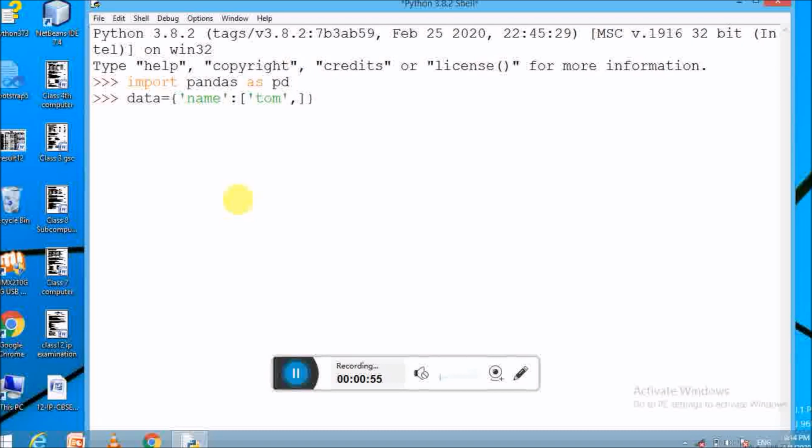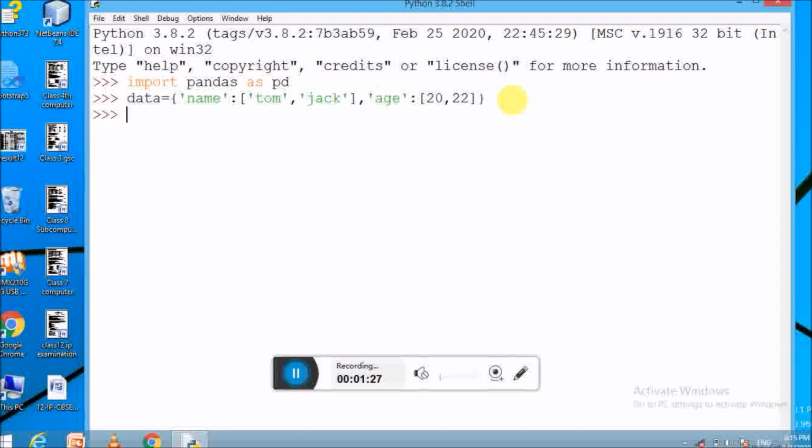Here I want to pass more than one value, so inside this list I pass the names Tom and Jack, and then a comma. Now provide the second key, which is age, and inside it I will pass the ages of Tom and Jack, 20 and 22, and press enter.